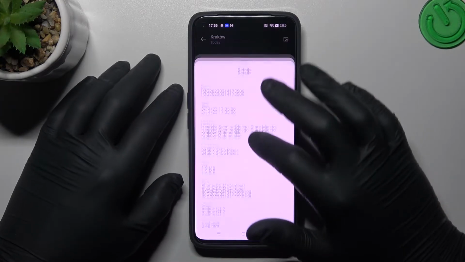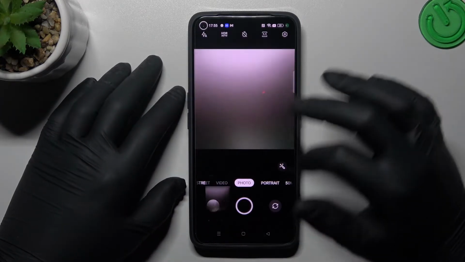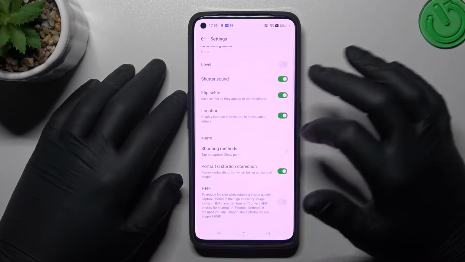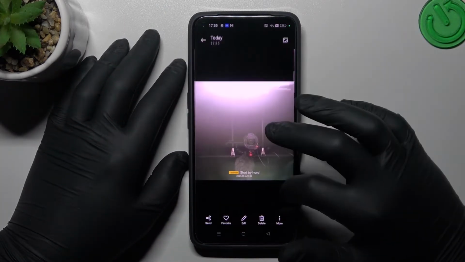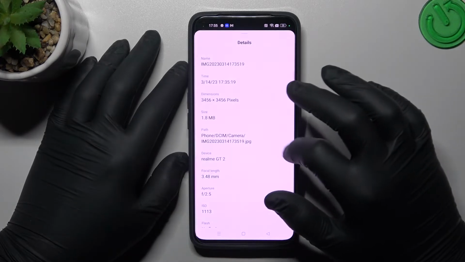Like here, this is with the location on. And now if you want to turn off the localization info, just switch it off. And as you can see, there we don't have a